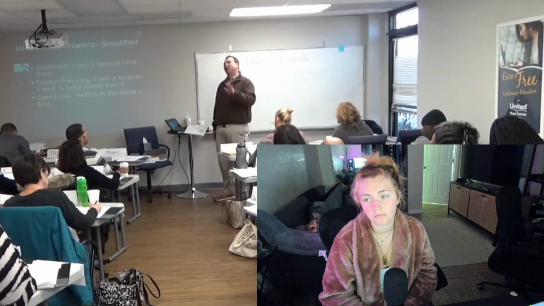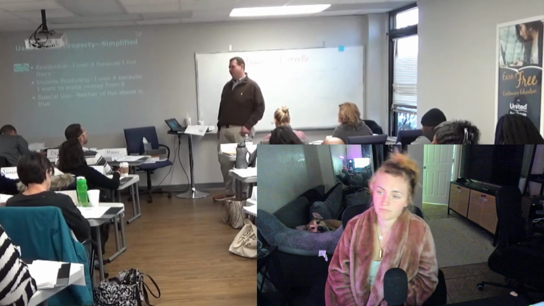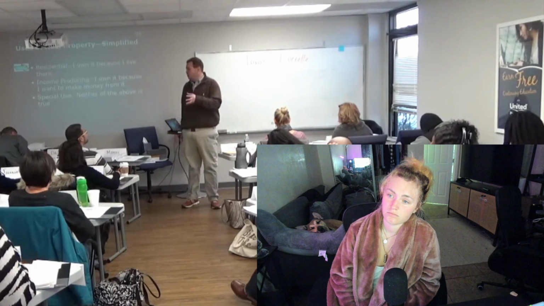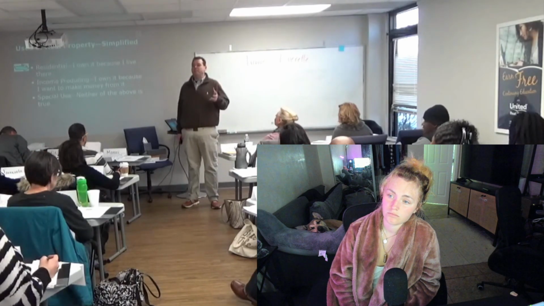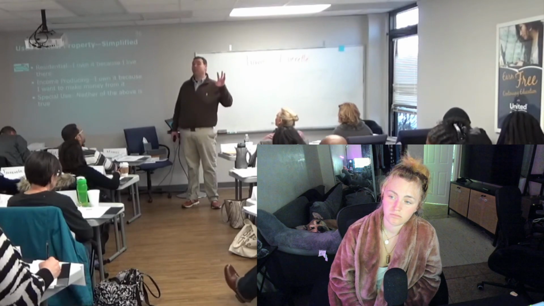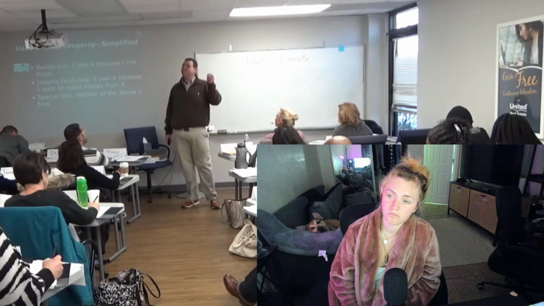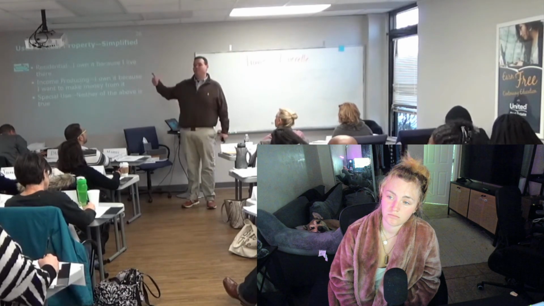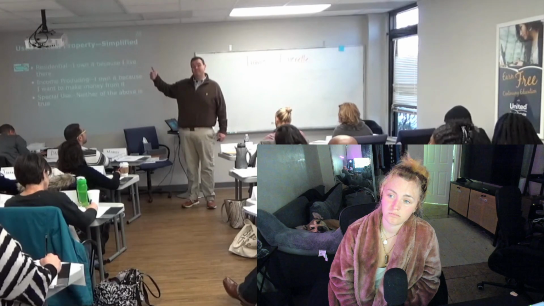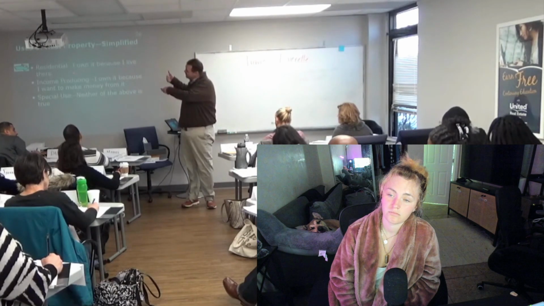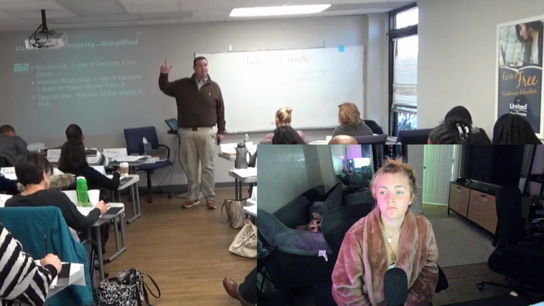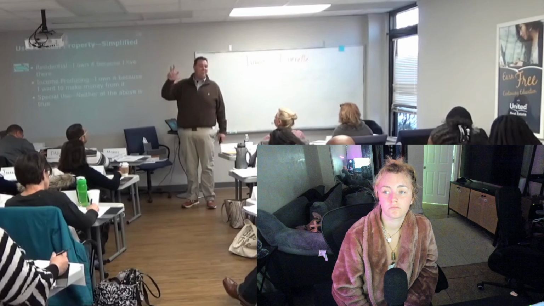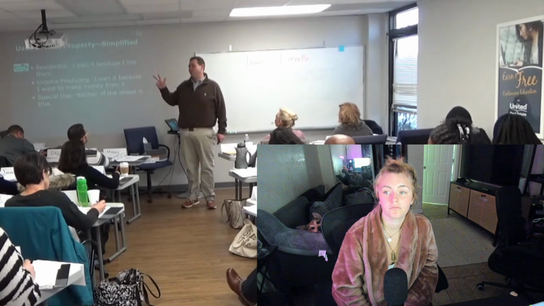Special use. Here's why I do it this way. There's a method to my madness. Later on in the class, chapter 17, when we get to valuation, we're going to teach you that there are three methods, three approaches, three ways to come up with values for real estate. One way to value property that you live in. A second way to value property that you buy for what reason? To make money. And a third way to value special use property.